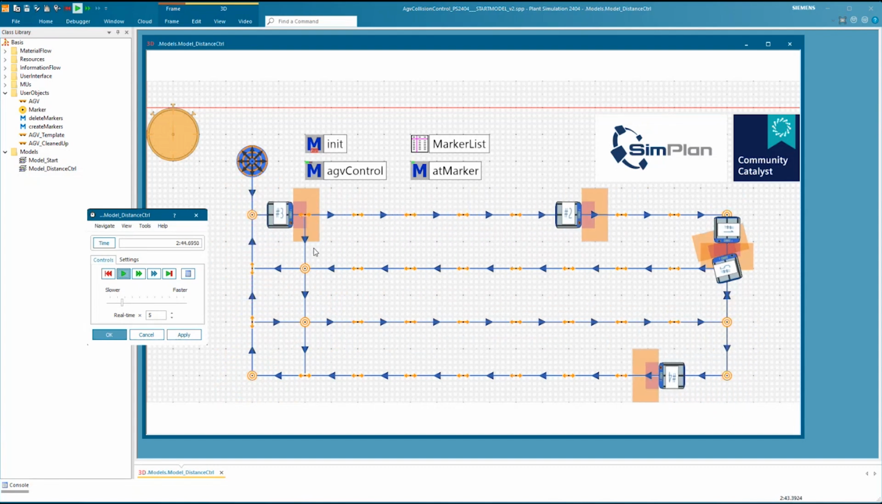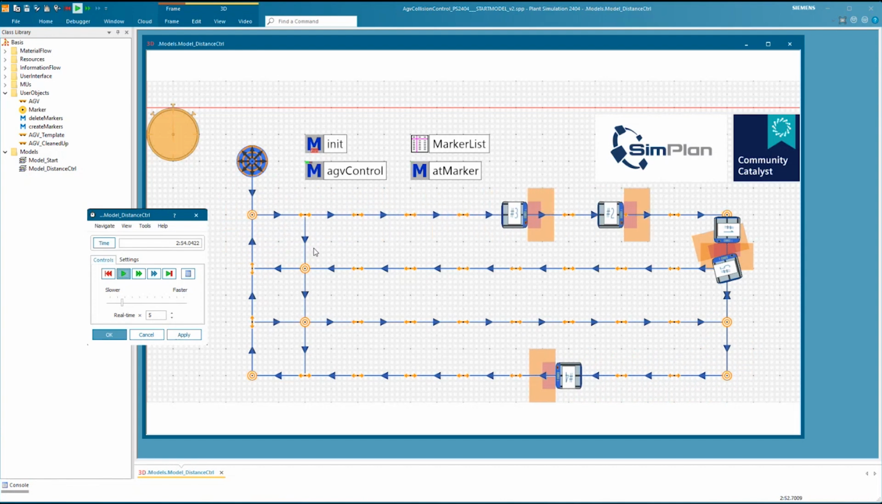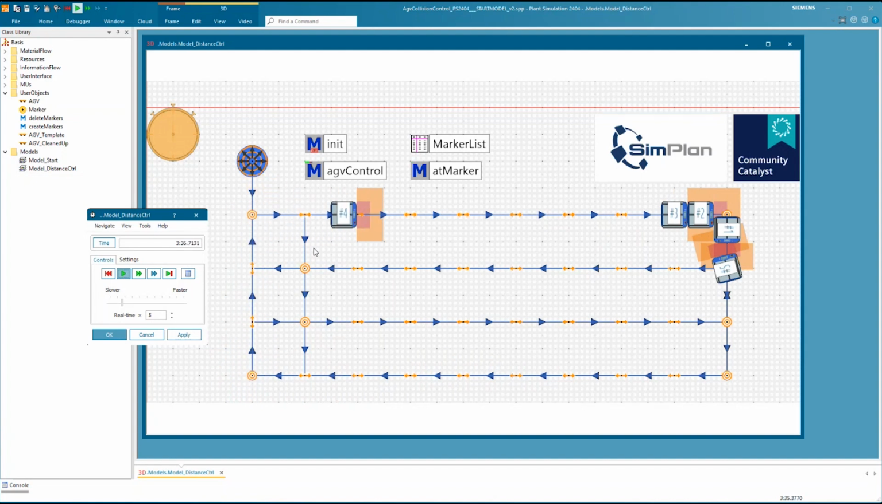and having your model run without unrealistic behavior and enabling you to conduct your experiments. But as you see in this example model, after a few minutes, we have a situation like a deadlock